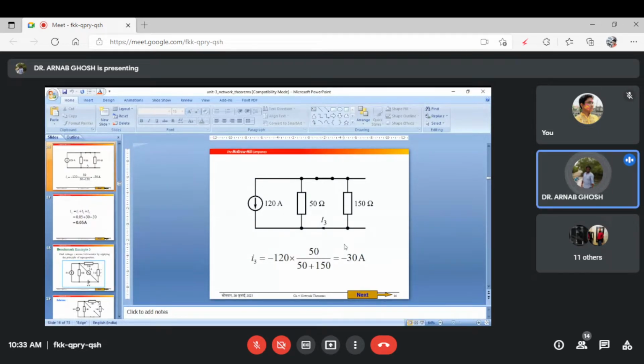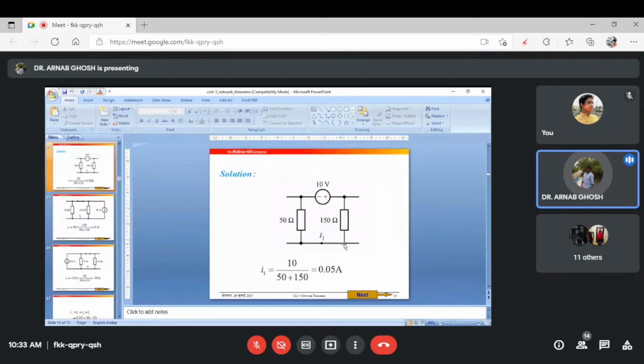Yes, total current add. If you do not add the total current, what is the superposition theorem stating? That the total current across any branch is the algebraic sum of the current by considering each of the individual sources. So you have to add this.